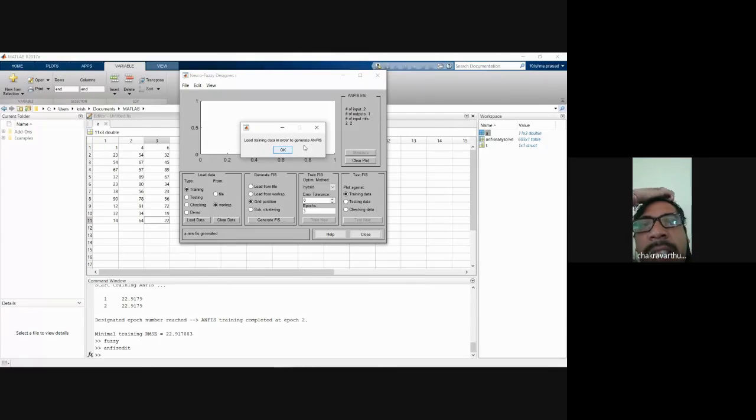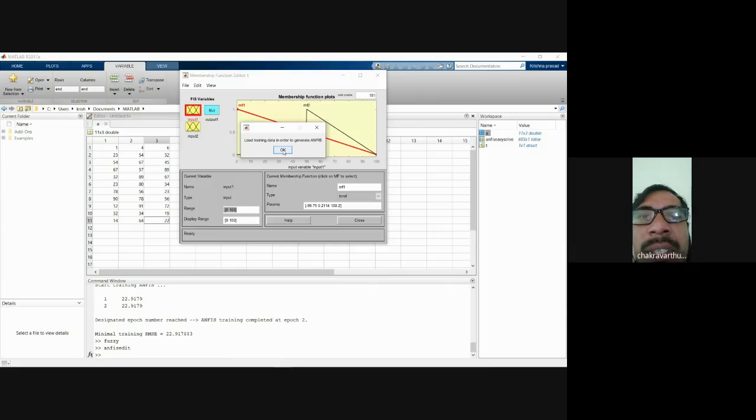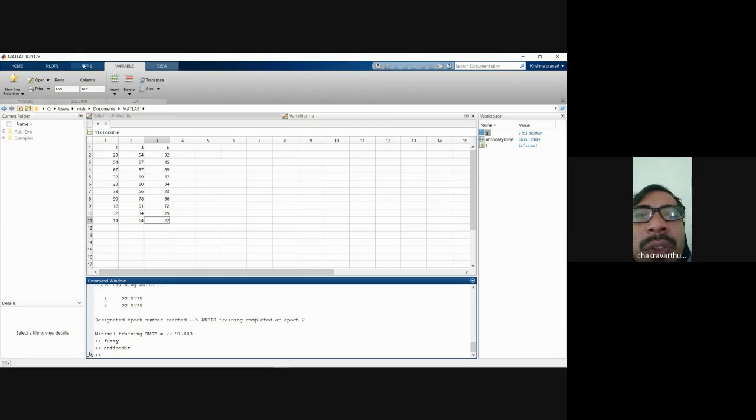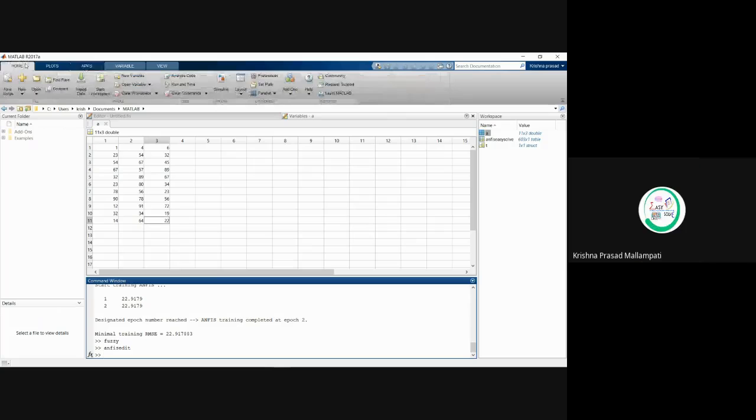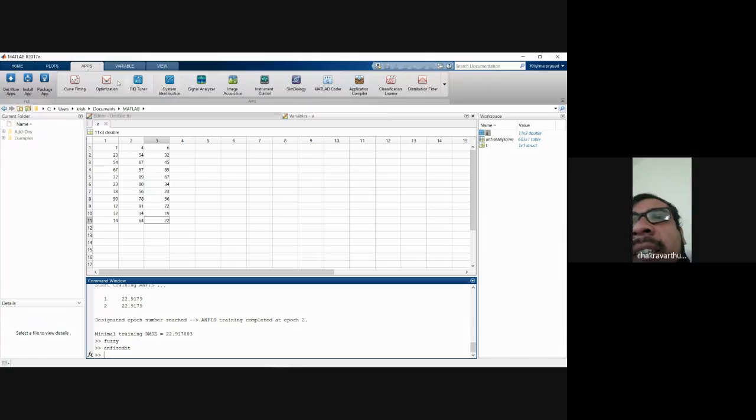Then just leave it. Then what we're going to do is go to apps, right? Anyway, there is some problem with the MATLAB. So again, we'll check once again. Version to version, it is changing. So what we are going to do is go to home, file, and open the curve fitting app. As I already told you, this ANFIS system, if possible, we'll try to explain tomorrow.